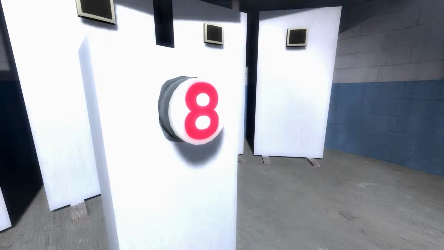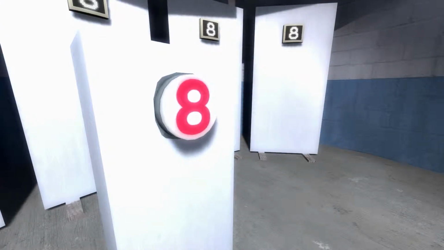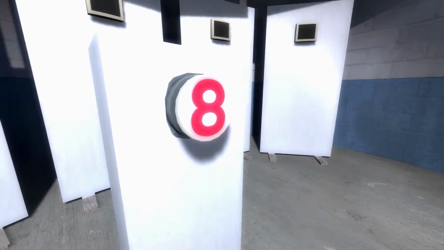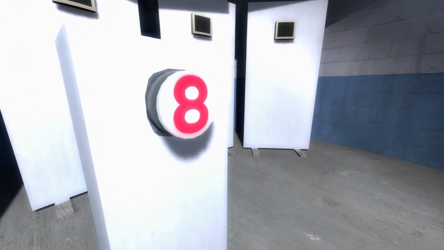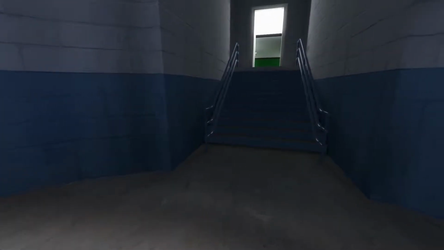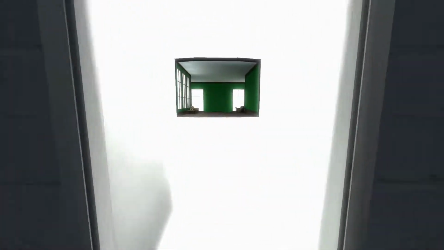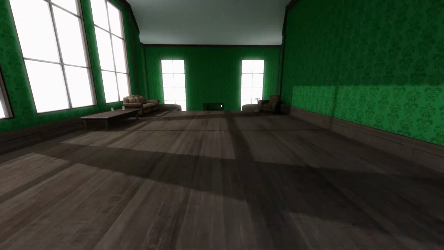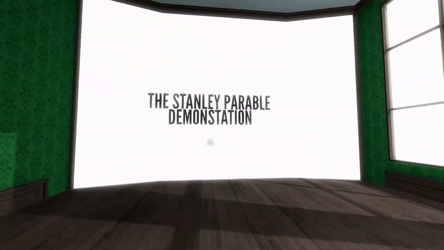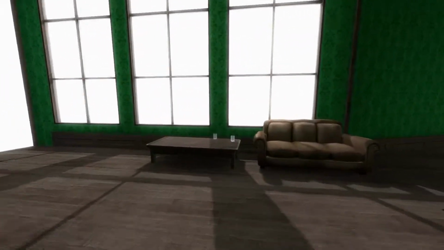Why would I have gone to all of this elaborate setup just to demonstrate a game that doesn't do a single thing except repeat the word eight? The waiting room, the green room, the tour of the facility, all of that for no reason other than to contextualize. Imagine if this had been the demo. What would you have been thinking? You'd have left with no idea what the Stanley Parable is about. None whatsoever.